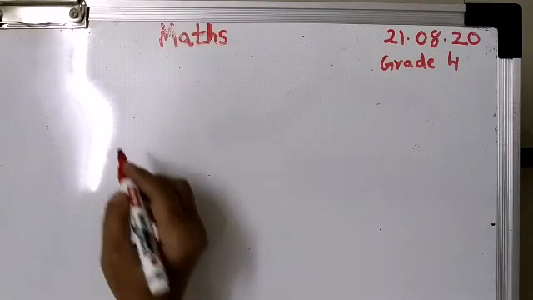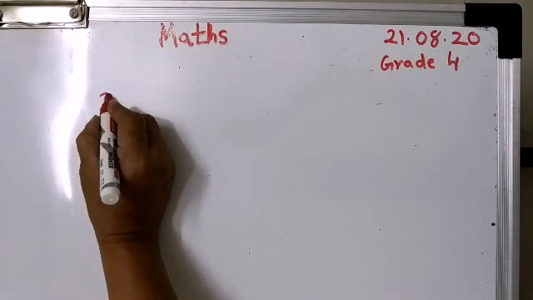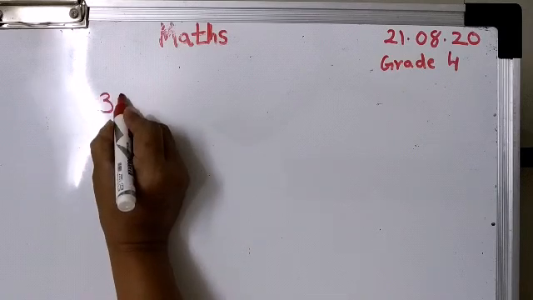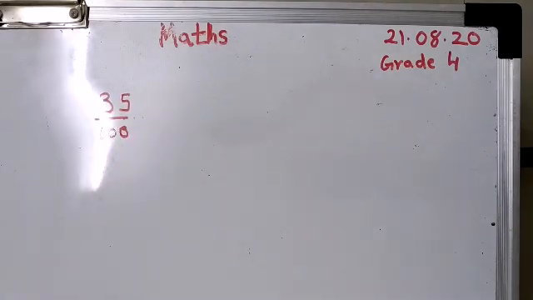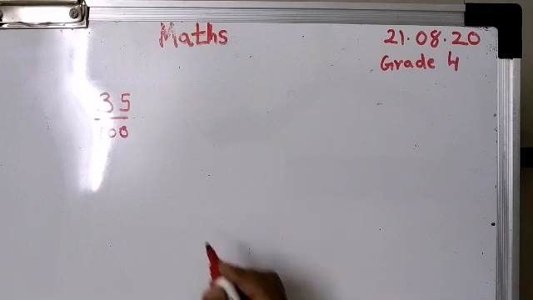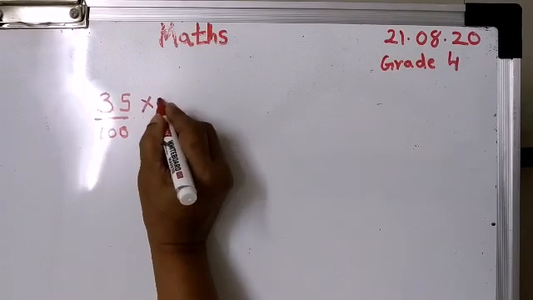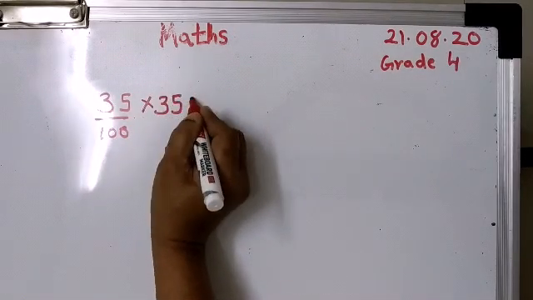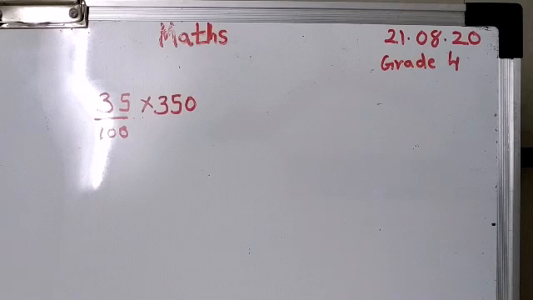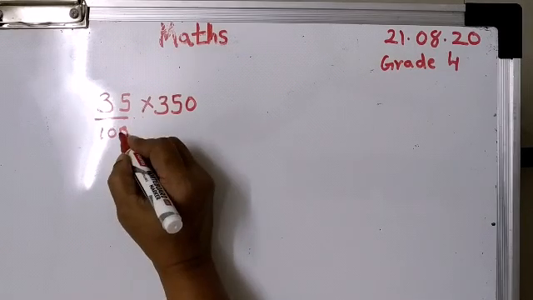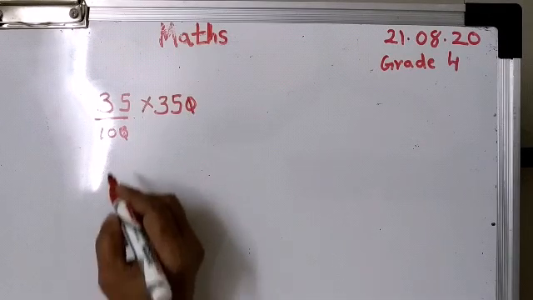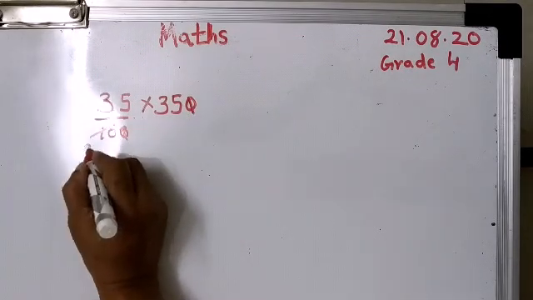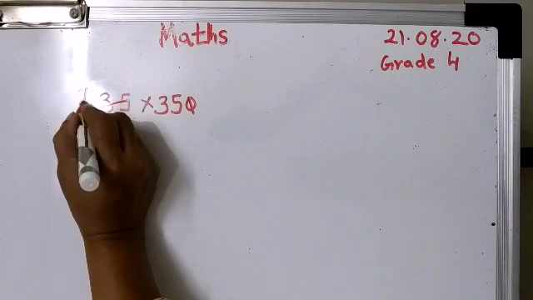So it will be 35 upon 100. Why upon 100 children? Because that's the percent into 350. Right? Now first what we do is we cancel the zeros, up and down, numerator and denominator. Now the common table would be 5, that is 2 5s are 10, 5 7s are 35.